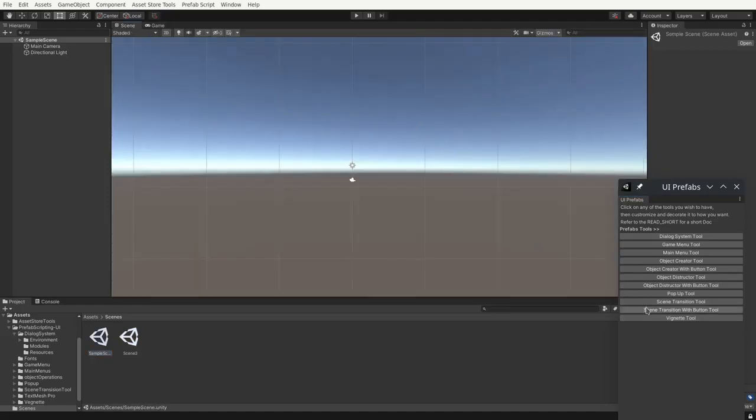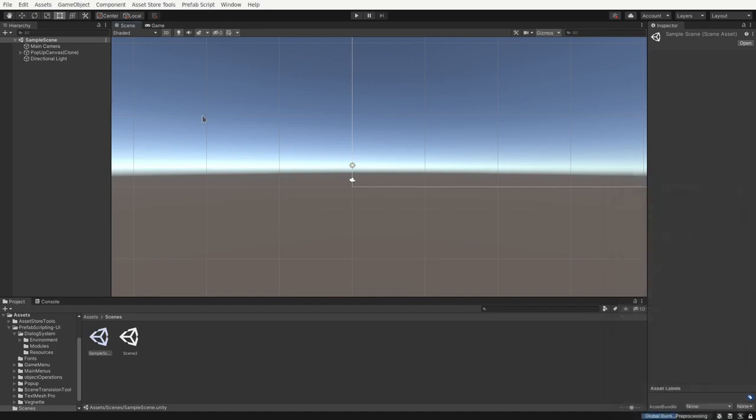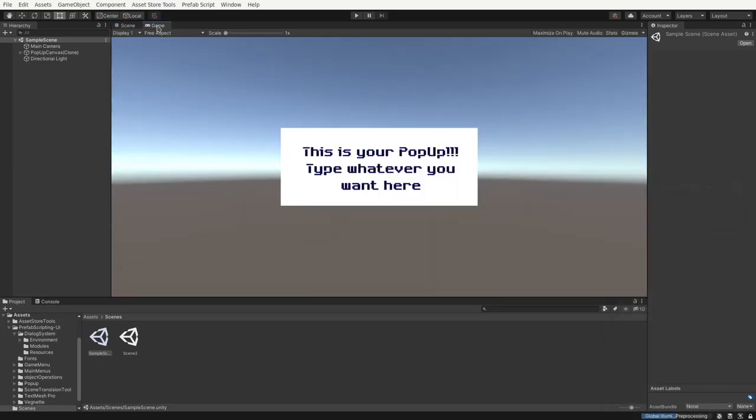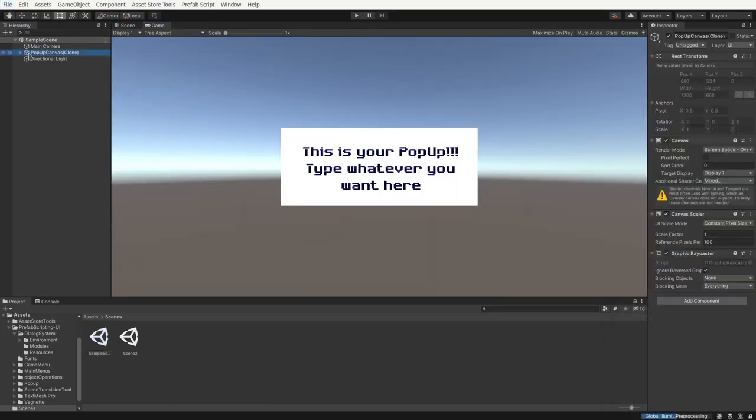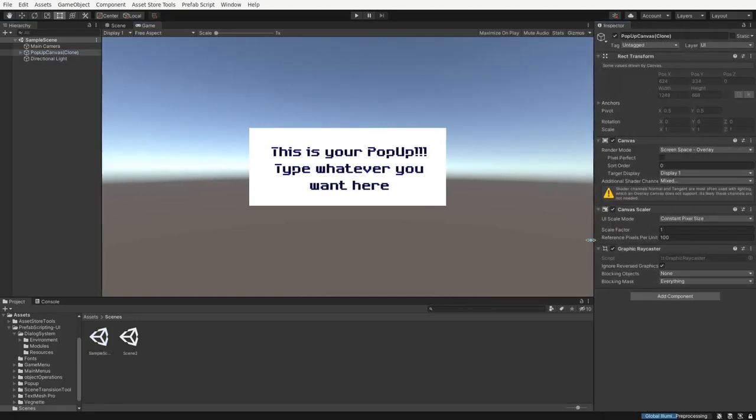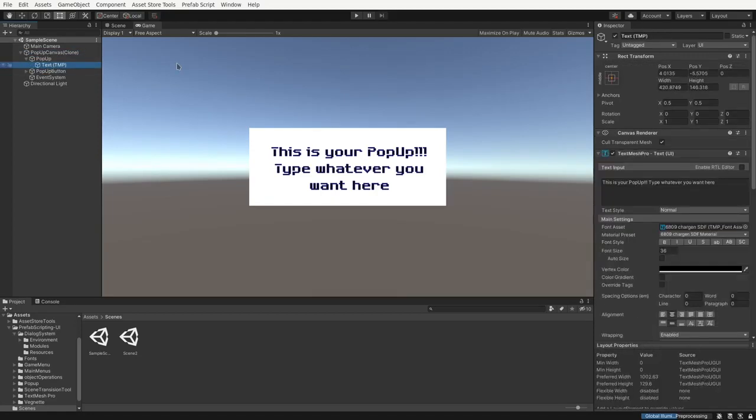Let's go over to another tool. Let's say a pop-up. Pop-up is something which people struggle with, mainly because it involves a lot of C# and scripting, and it's also a waste of time. So you get this by default. You can go ahead and change the text right here. Here we go. Let's say plain text. I don't know, whatever